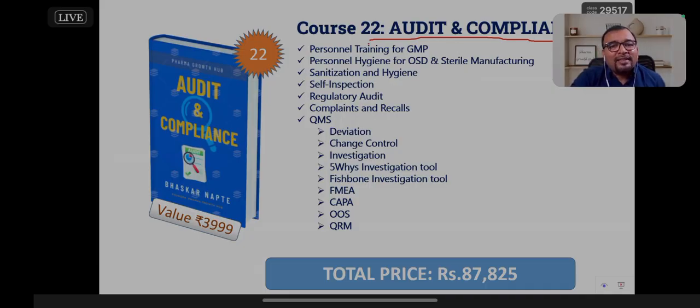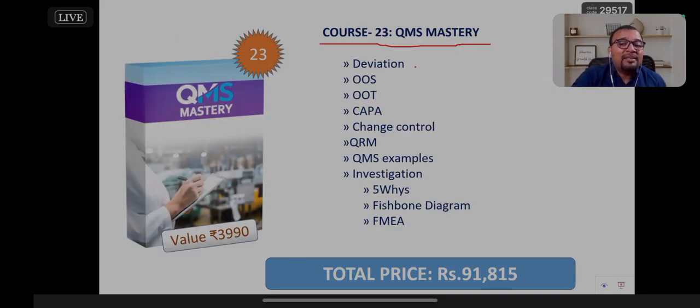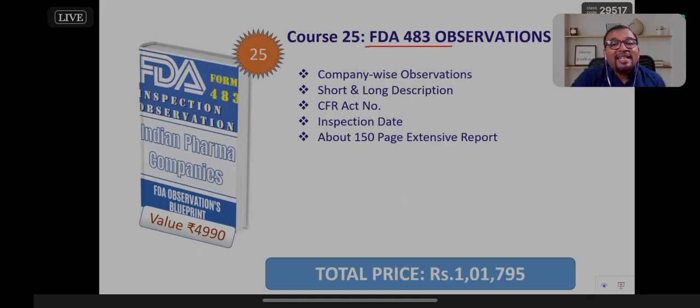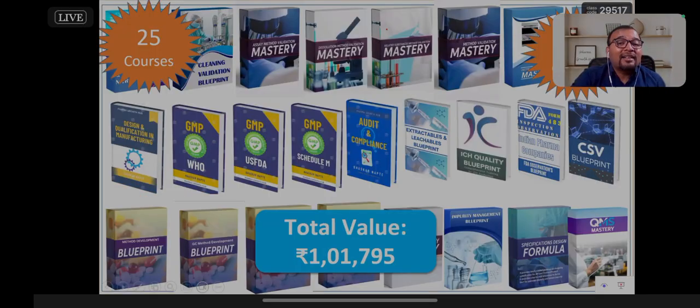The course number 23 talks about quality management system like deviation, OOS, OOT, CAPA, change control, QRM, investigation tools like 5-Whys, Fishbone, FMEA, and many more. The course number 24 talks about CSV, and course number 25 talks about FDA's observations received by Indian pharmaceutical companies. So please understand, these are the content of